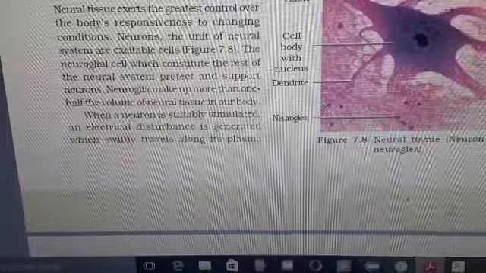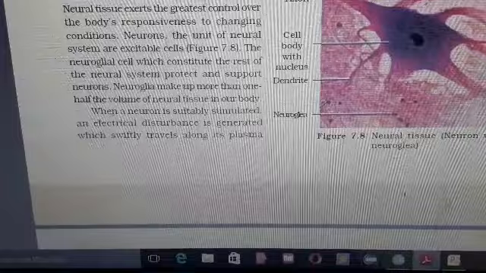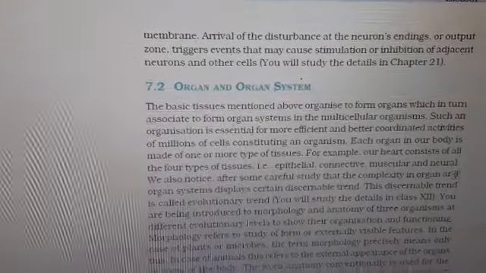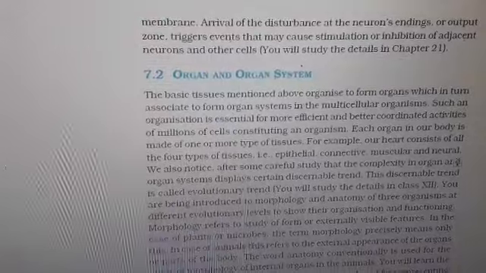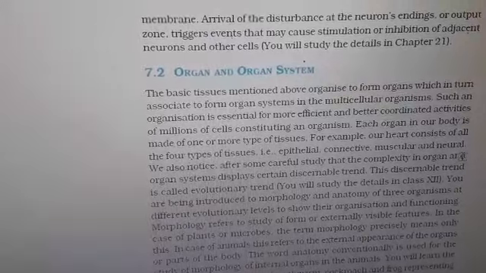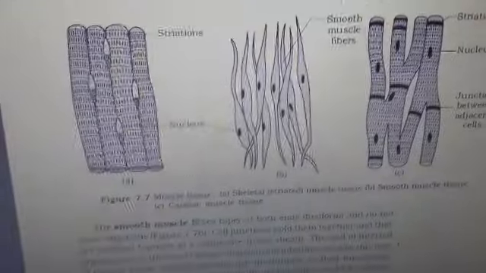When a neuron is suitably stimulated, an electrical disturbance is generated, which swiftly travels along the plasma membrane. Arrival of the disturbance at the synapse or output zone triggers events that may stimulate or inhibit the adjacent neuron or other cell. Okay, so this was about the tissue system,